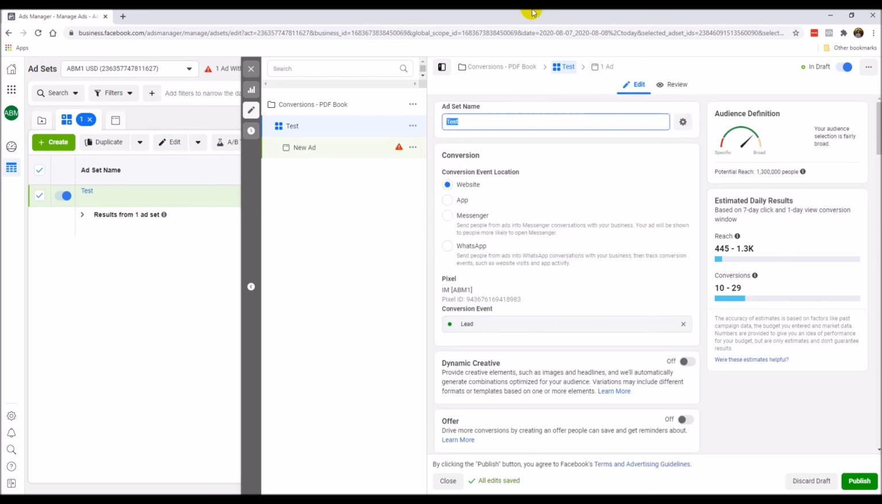Now we're going to give a formula to this so that every time we take a look at the ad set name, we know that this is the targeting. So this is the formula that I would recommend you follow. I'm just going to call it